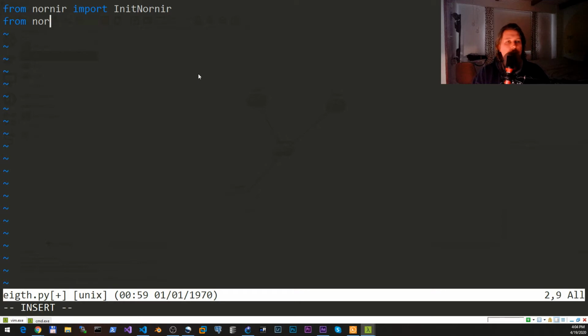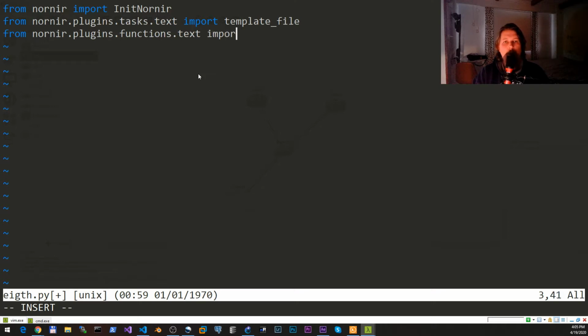What we also need is the nornir.plugins.tasks.text import template file, and from nornir.plugins.functions.text we import print_result, and from nornir.plugins.tasks we import the command. So first we will create our Nornir object, so InitNornir, and the config file